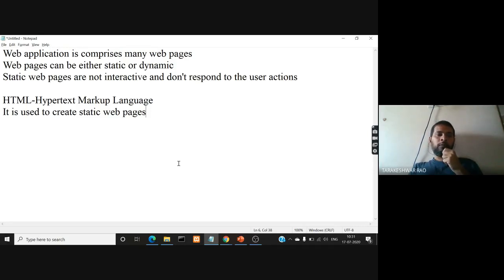So from the next class onwards, we'll directly start using hypertext markup language and writing some programs. From the next class onwards, I request and I expect from a majority of you to use your laptops or desktop computers. If anybody is located in a remote location and you don't have a personal computer, at least be alert in the class. And I'm recording my class, so I can share it on my YouTube channel. I'll share all these links soon after I complete the recording and upload it to YouTube, so that you can watch it.